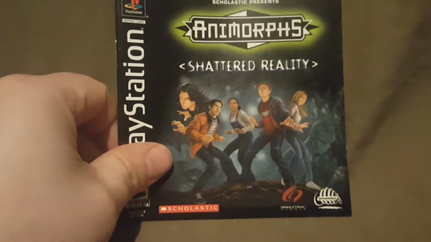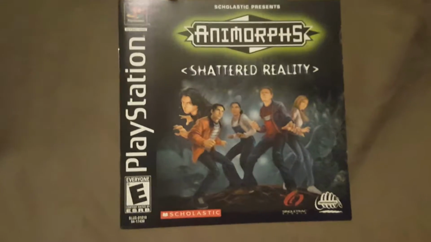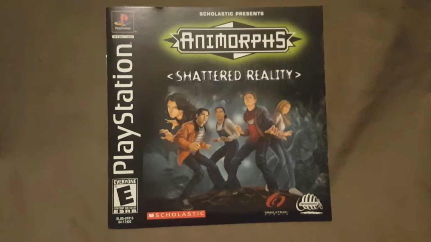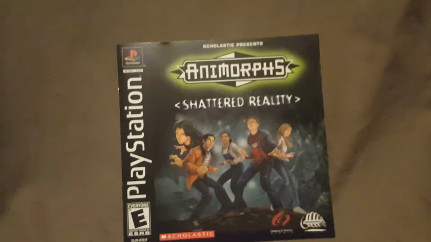Alright, we're going to set the case off to the side. If I can get it up. There we go. Off to the side. Alright, so now we have our booklet, or instruction guide or manual, whichever you prefer to call. So there again, there's what the front cover looks like. So when we open this up,